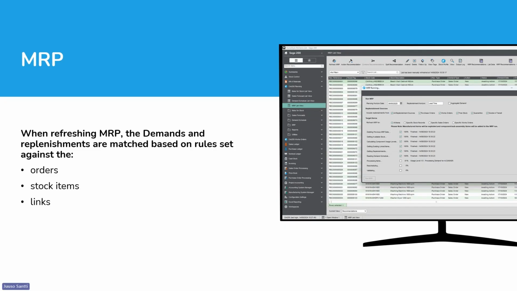So recommended dates for ordering or making something, and the quantities that you will be making things in or purchasing them in are dependent on the settings within the demands or the stock items themselves. And there are also links to the parent orders that may come into play,